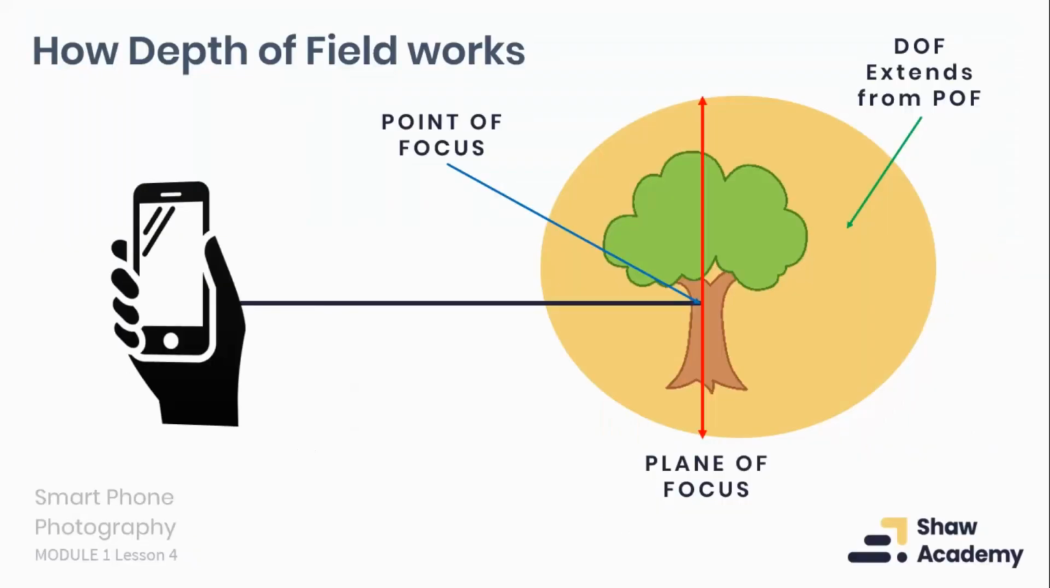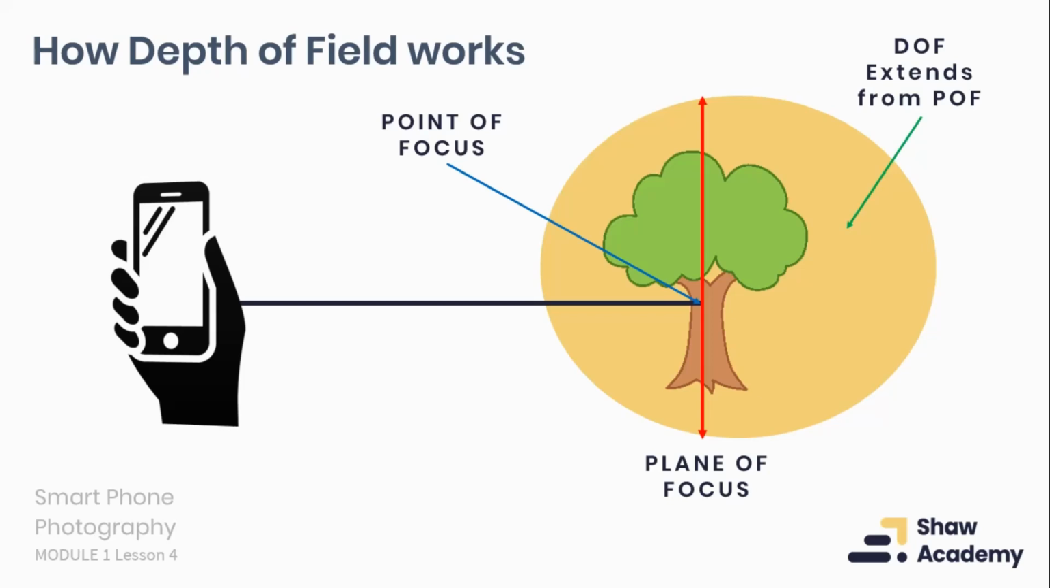So here we've got a fairly crude illustration of how it works, but it should give you an idea. So we have our smartphone. We're taking a photograph of a tree. So we focus on the tree. So we choose to focus on the tree, and that is our plane of focus. Okay, so the plane of focus extends from our point of focus, and depth of field then extends from this